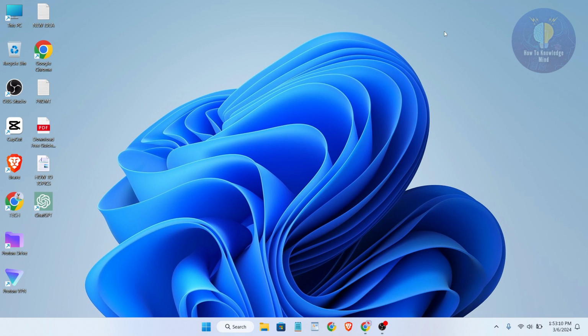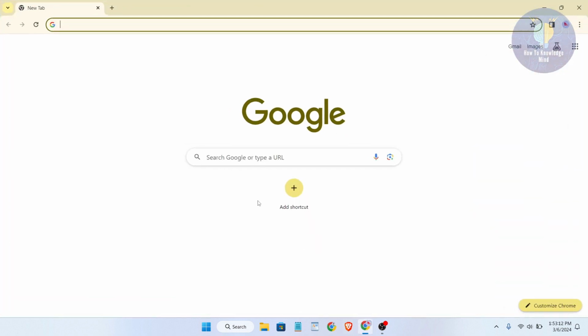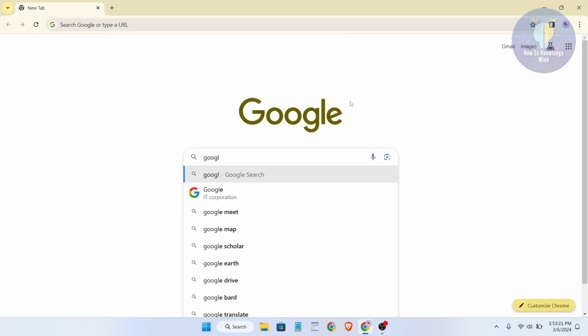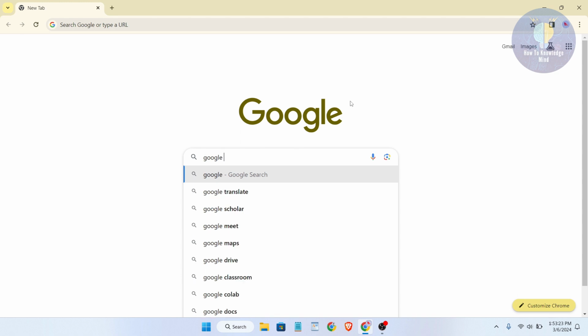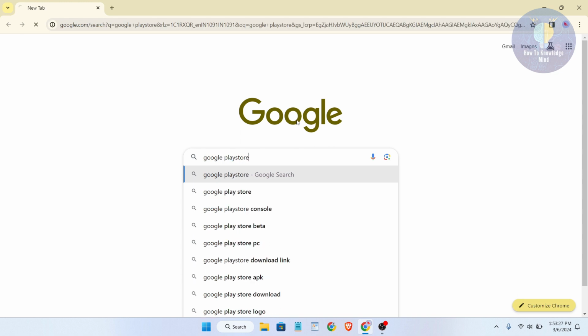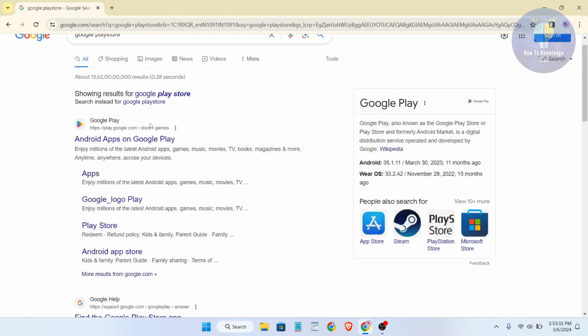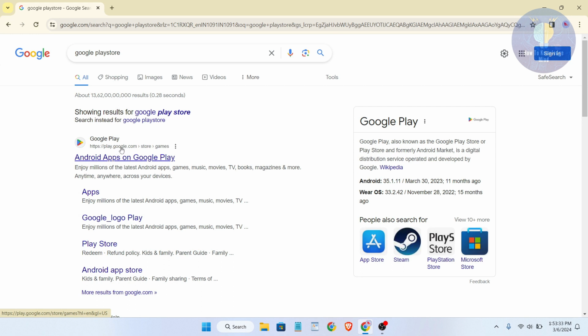First, open up Chrome browser and after that click on the search bar and type Google Play Store, and then just click on enter. And after that you will get this page. As you can see, click on this first link,